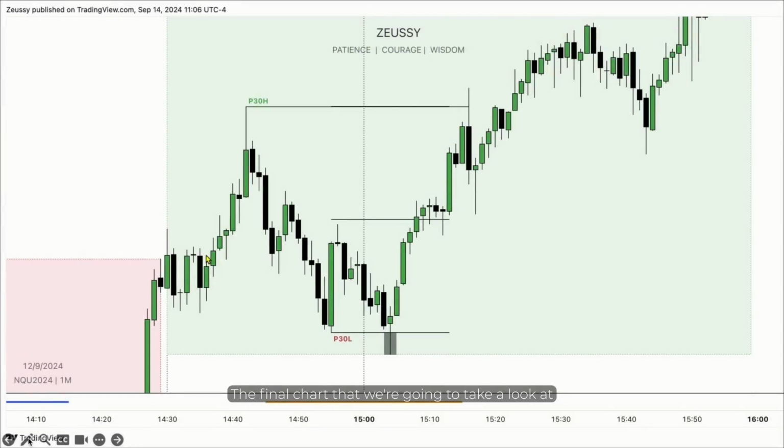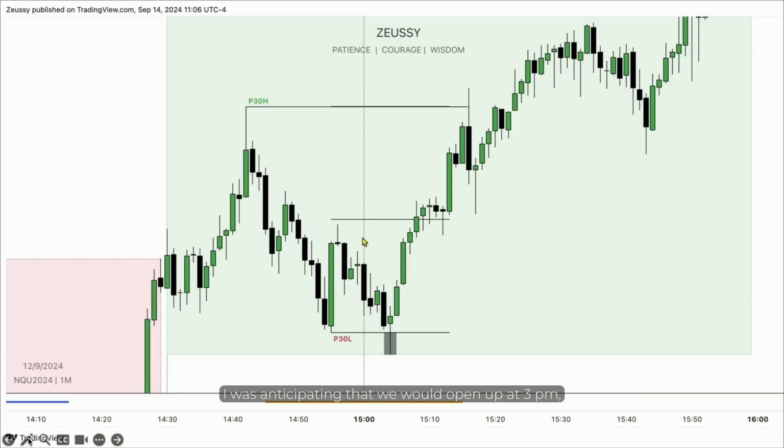The final chart that we're going to take a look at during this lecture is the following. What you need to see is that between 2:30 p.m. to 3 p.m. the market initially runs up higher and forms this high. This day was very bullish, so the moment that we had this rather slow reaction towards the downside and we begin to see the market go back and forth, back and forth, to me that was suspicious because we still had higher time frame objectives or key levels which had to be reached. Therefore my anticipation was the following.